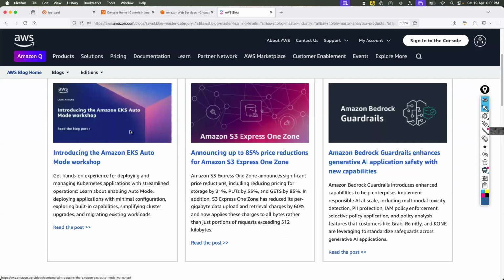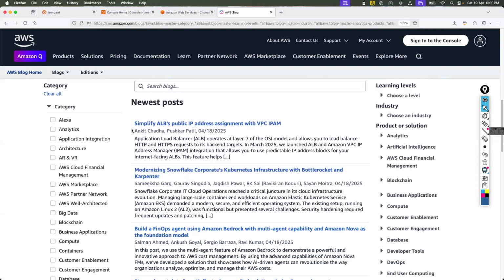But you have to go and check this practice. These are big blogs. Just go through them. I'm not saying you have to read every single line, just topics like ALB, public IP address, modernized Snowflake. It will be very good for your knowledge, and at least that information will stay in the back of your head.